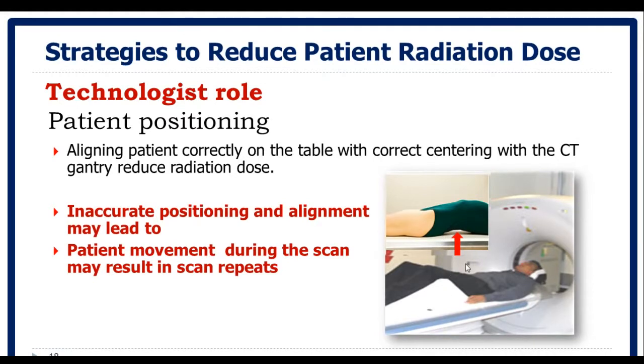So flexing the knees partially reduces the lumbar curvature, the lordosis, and brings the back closer to the CT table, and this allows greater patient comfort, and this results in reducing the possibility of motion artifacts. So many times this point may be ignored, and the result will be additional dose because we may need to repeat certain